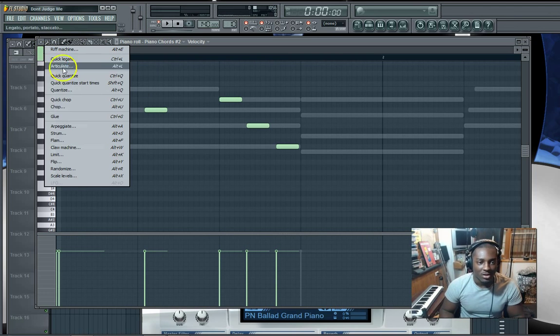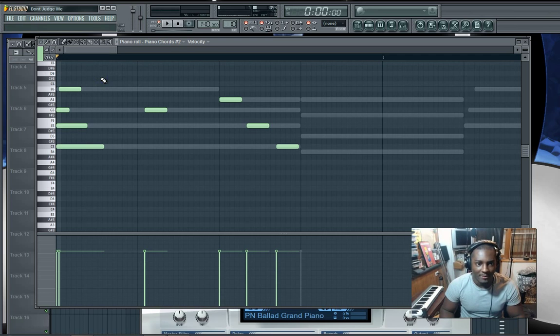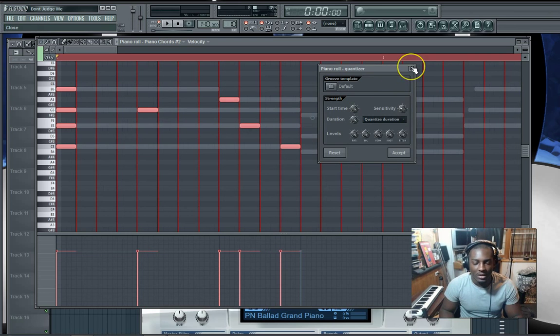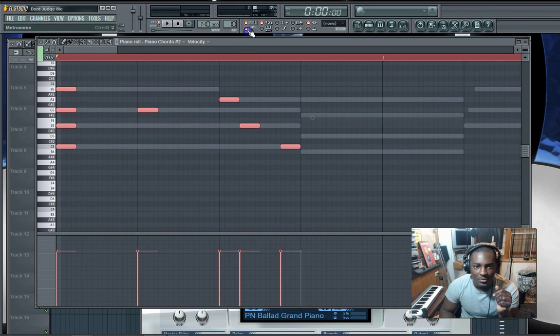So what you're gonna do is go here and click quick quantize. It's Control Q for the shortcut. Actually, when you hit Control A for all, and you choose quick quantize. Why isn't it doing anything? Oh, there you go. Okay, so when you do that, automatically it fixes the sounds to the beat. So it fixes it at the start of the beat. So if we turn on this,